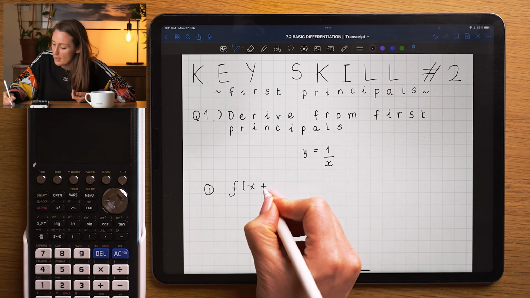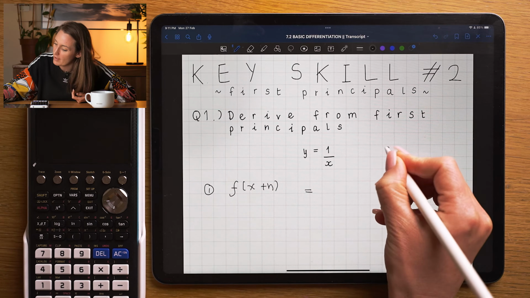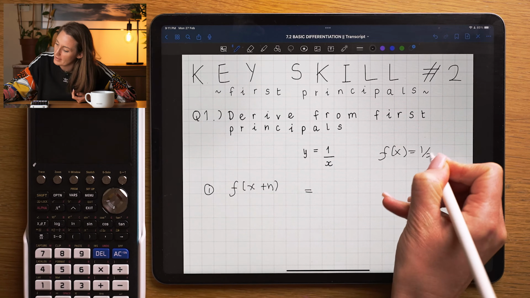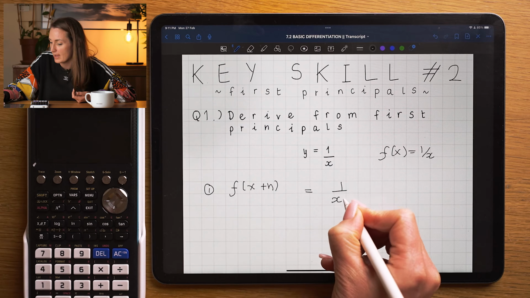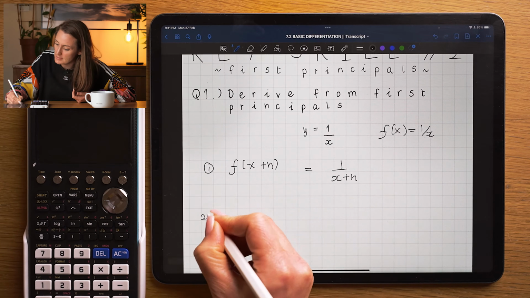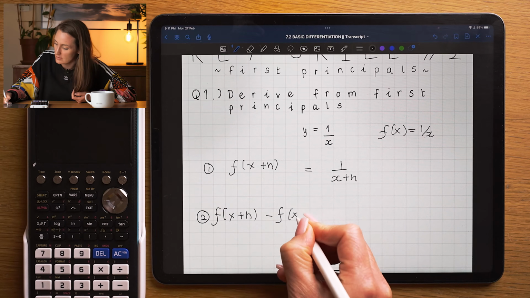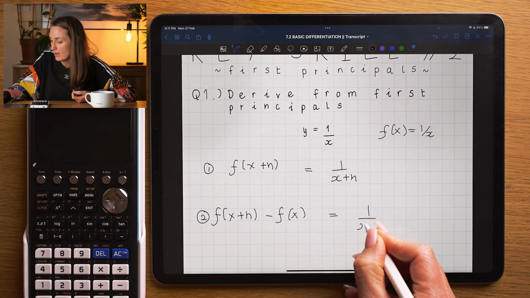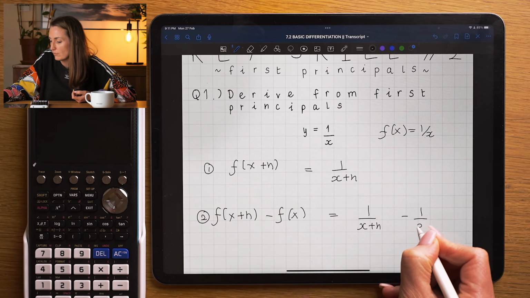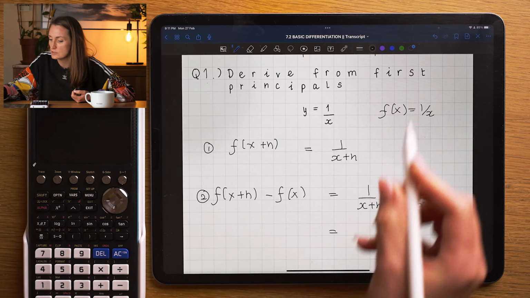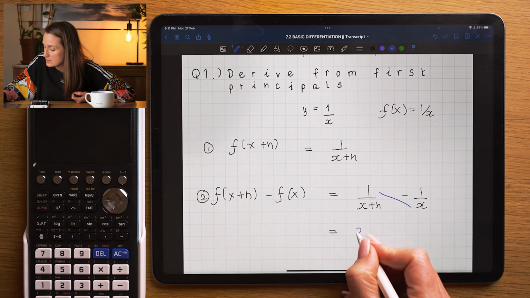Hey, welcome back. I'm going to look at differentiation from first principles using some trickier functions. So we're going to follow the same steps, which is nice. Step 1: f of x plus h, in the case where f of x is equal to 1 over x, is going to be 1 over x plus h. In step 2, we need to subtract f of x, which is going to be 1 over x plus h minus 1 over x. I always teach my students to cross multiply any fraction, so that's going to be x